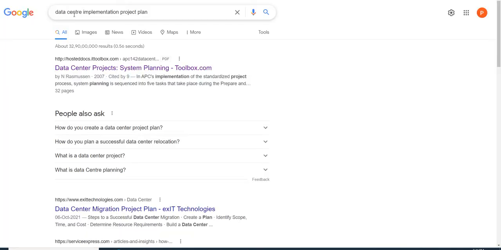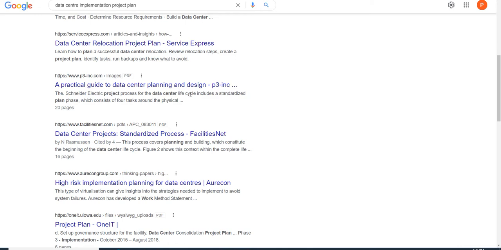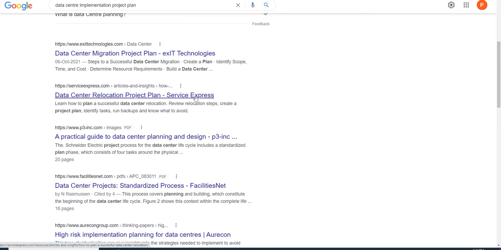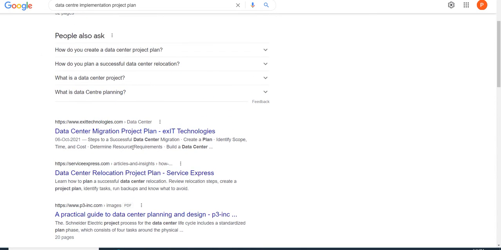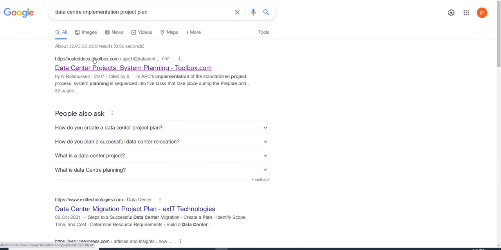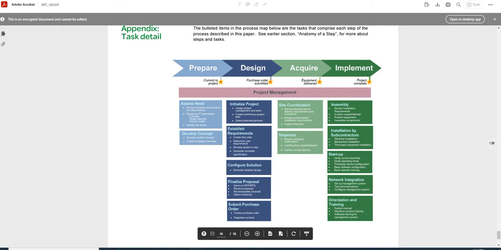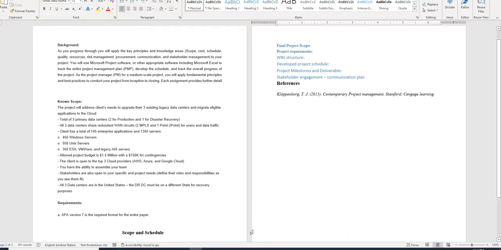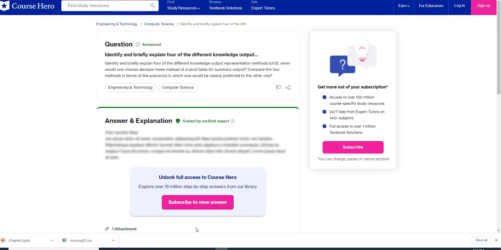I have searched for data center implementation project plan and received several resources that clearly provide details regarding data center implementation, new creation, migration, relocation. There are several aspects. Among them, let me select some of the titles that are very suitable to our requirement. Based on the review, we have identified